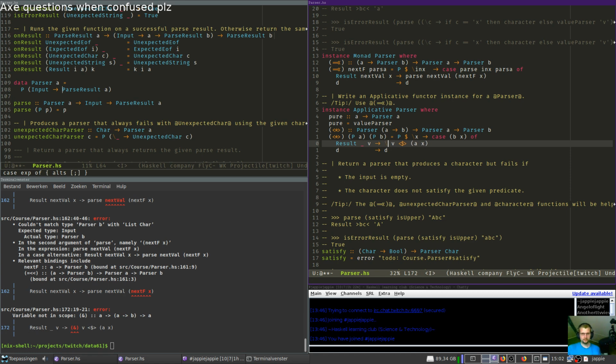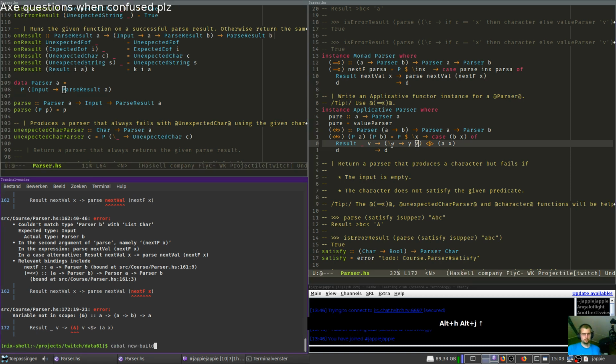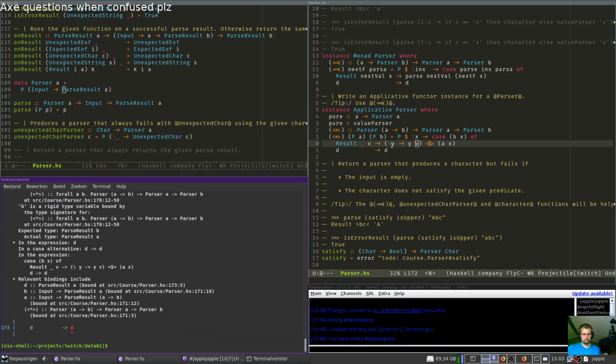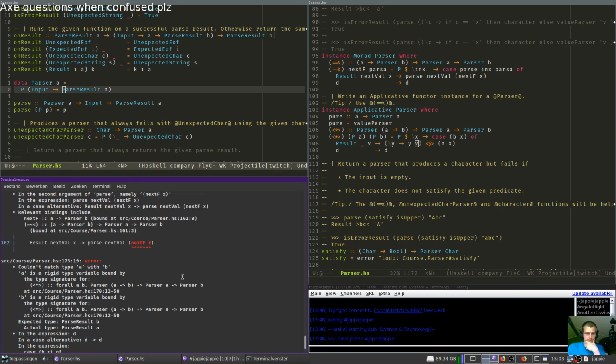I already used X. Use Y. The ampersand thing is basically doing this. No, the ampersand thing was doing this. So you get in a function as argument and then apply it to whatever value. That's the ampersand thing. It's kind of useful at times, just to apply stuff inside context.